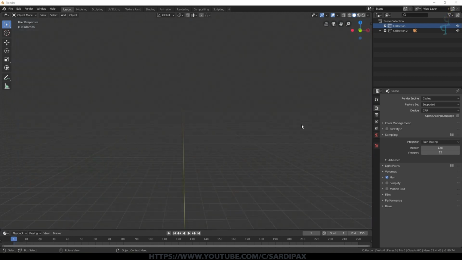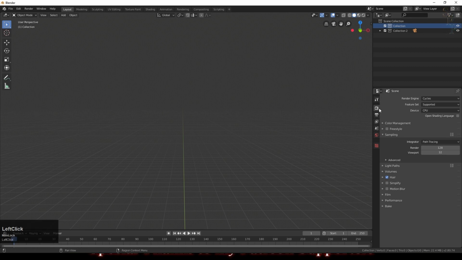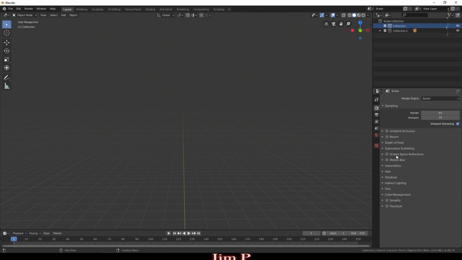So to begin with, let's just set Blender to the Eevee render engine. This could be done just as easily in Cycles Render, but you'll probably find it will take quite a bit longer to render the animation if it's an animation you're going to create. So here we are in Blender 2.8. Come up to this sort of TV symbol, come up to here and select Eevee. There's a number of other settings we want to switch on at some point in here, but for the moment we'll just make a start.